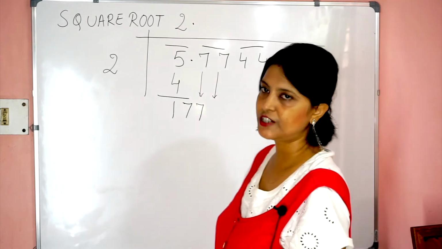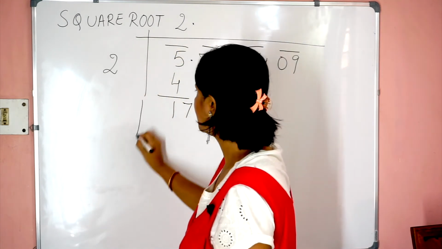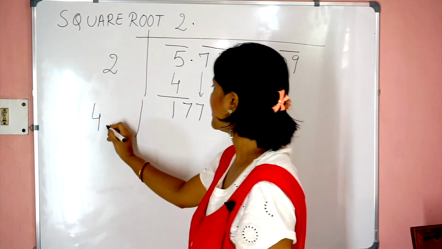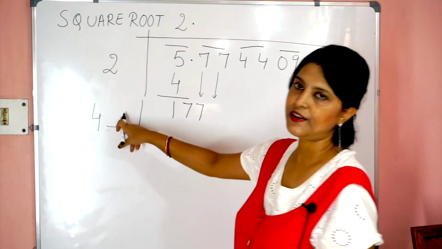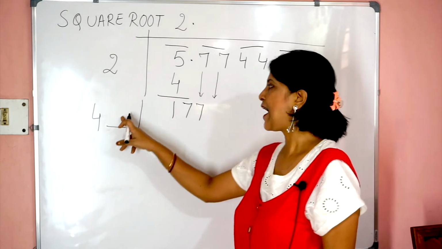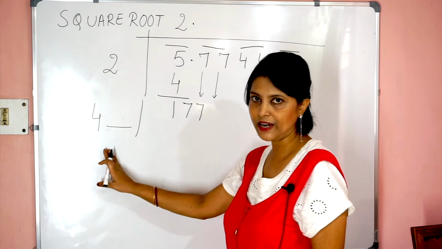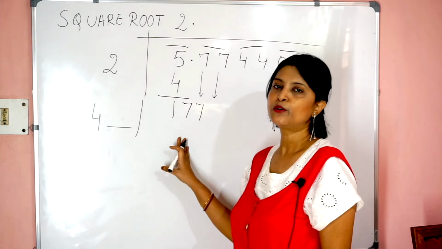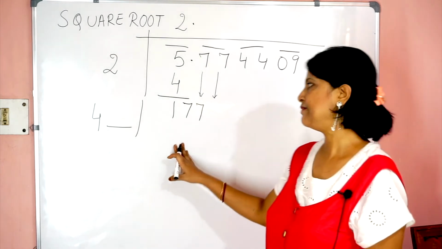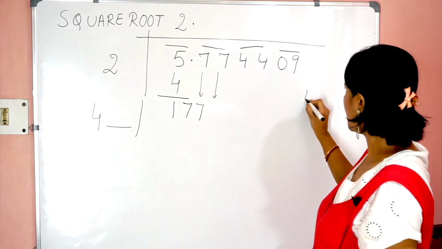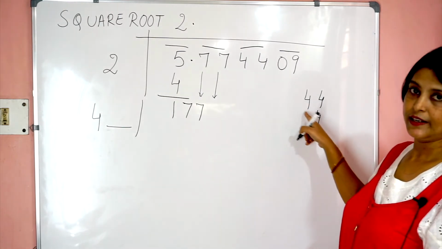Now the divisor should change, so double of the quotient will become the new divisor. So here double of 2 is 4, and I have an empty space here to be filled up. This empty space is to be filled up by the largest digit which can become the quotient, and when the new quotient is multiplied by the new divisor, we should get a value close to 177 or exactly equal to 177. So here I can think of 4 and 4,